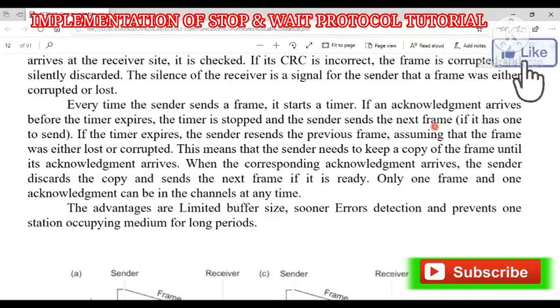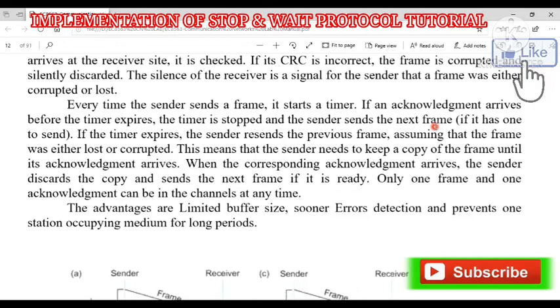Once the packet reaches the receiver, it will reply to the sender before the timer expires. So what will happen? Immediately the timer is stopped and it sends the next frame.